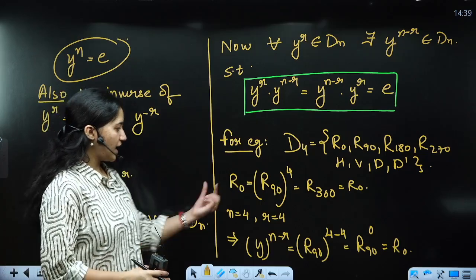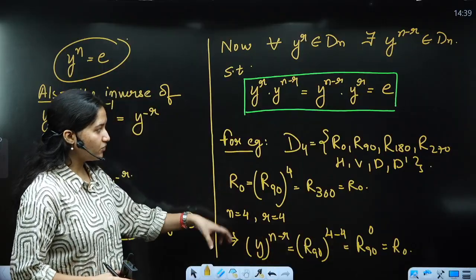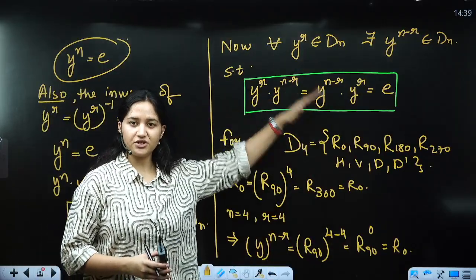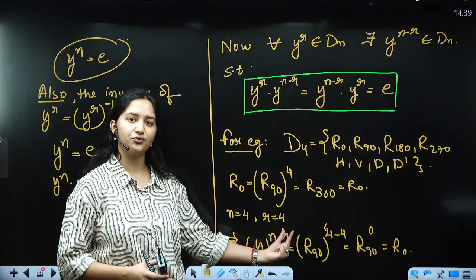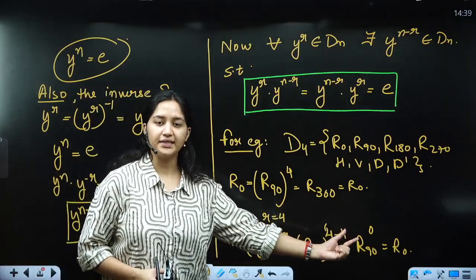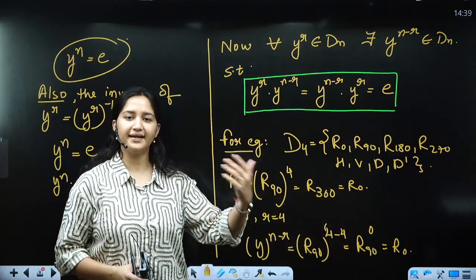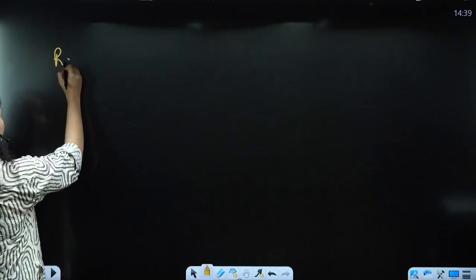समझ आया? So R0 is the self inverse. Although it is an identity element, we want to go along with what we have just proved. So यहाँ पे you can clearly see that n is equal to 4 and R is equal to 4 for R0. This implies that the inverse is going to be R0 only, and R0 is going to be your identity element, so it is definitely a self inverse, right? Chalo, similarly, let's do this for R90, right?